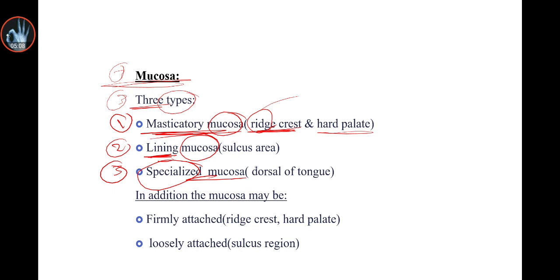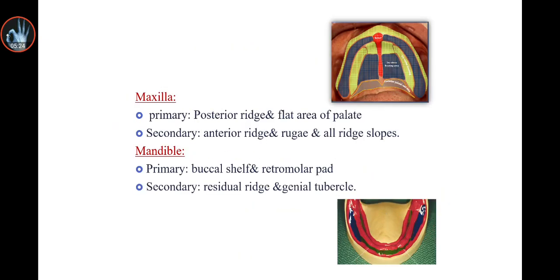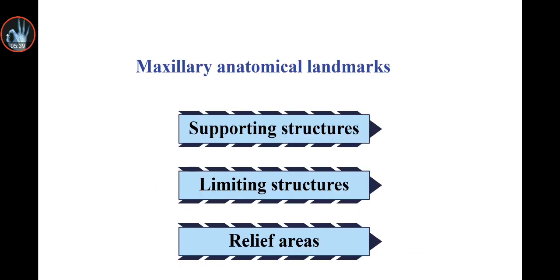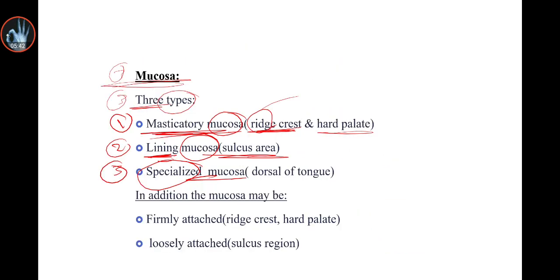The lining mucosa, lining mucosa means يعني بمعنى الأغشية المبطنة. So the lining mucosa are founded on the sulcus area, and we will know where is the sulcus. Let me see if there is a picture here. The sulcus area is the area here اللي فيها زي السلقص أو زي الفولد الموجودة. Okay, so this is what we called lining mucosa are founded on the sulcus area.